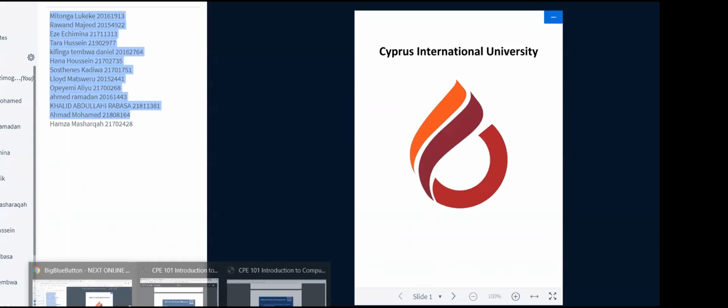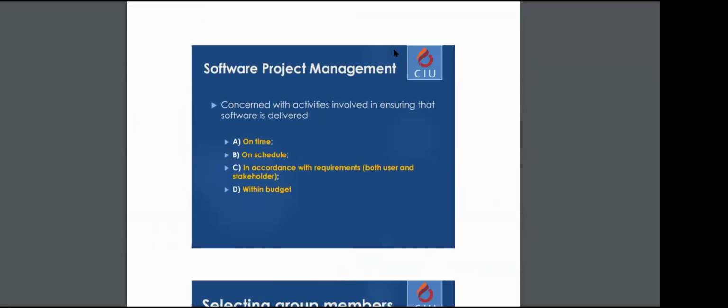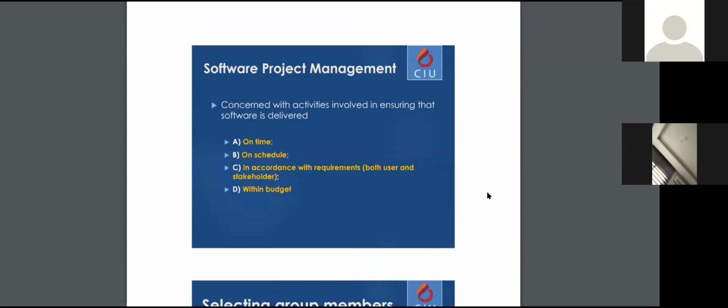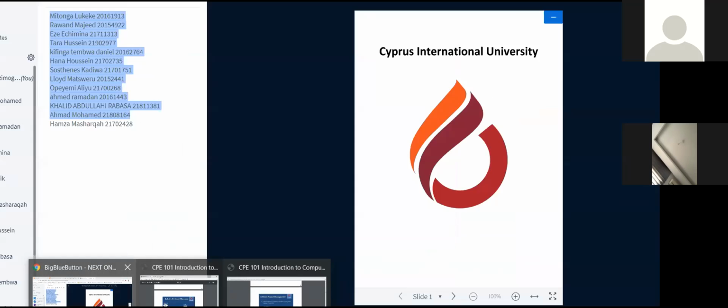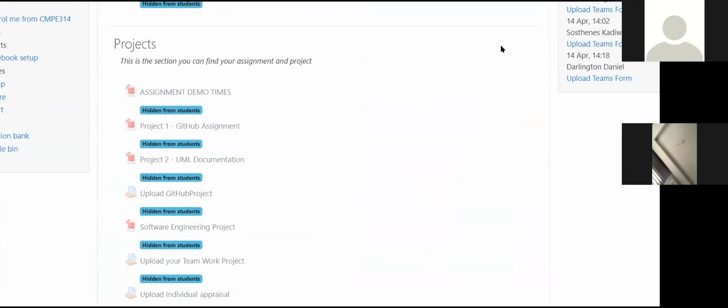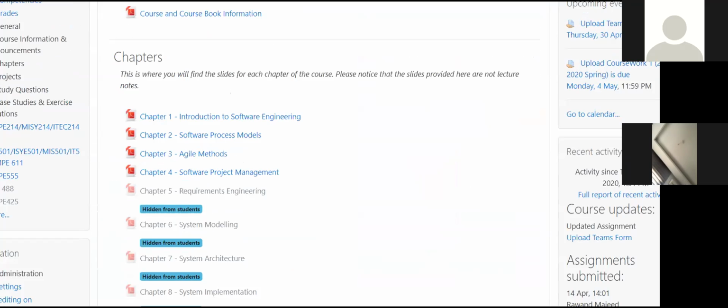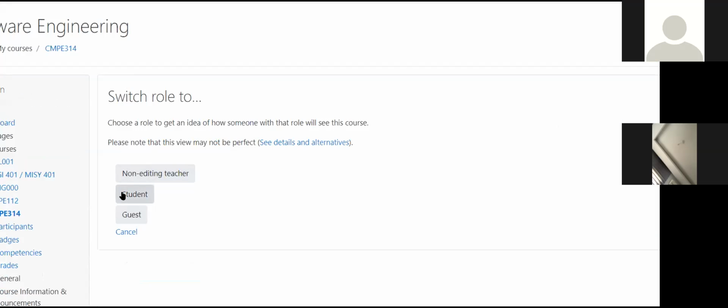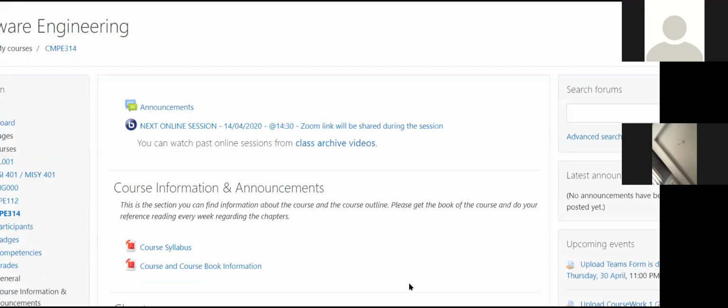Today we're gonna do quite a lot. It's gonna be an interesting course, hopefully. In the last week, before we start, I would like to tell you something that I uploaded a new section under projects. Let me switch my view to student. I got so many screens in front of me, hard to manage now. So I'm gonna switch to student account